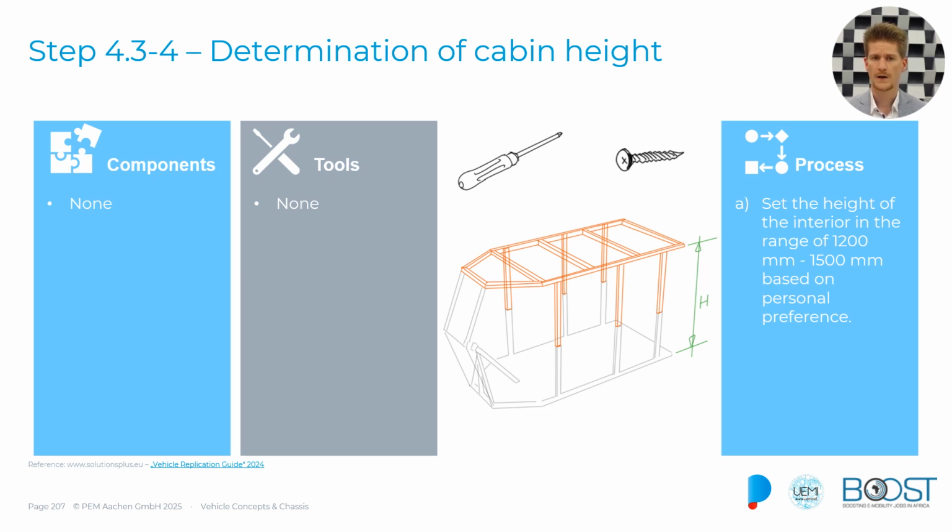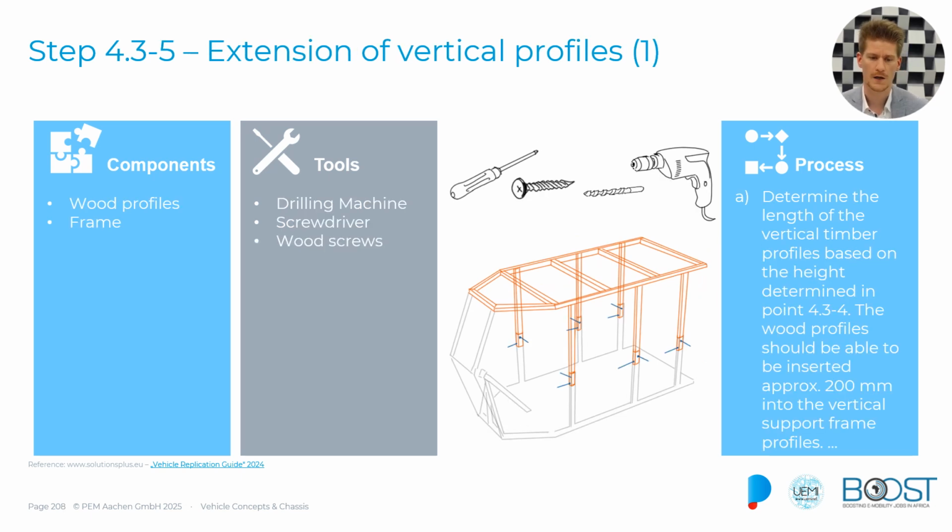Based on that, the vertical profiles will then be constructed. So again, we will use wood profiles, and we will use the frame that we just did. We have a drilling machine, some screws and some screwdrivers, and then we will determine the length of these vertical parts, and we should consider that approximately 200 millimeters should go inside the vertical support frame parts in order to have enough of an overlap. That would be what we do, and then we drill,